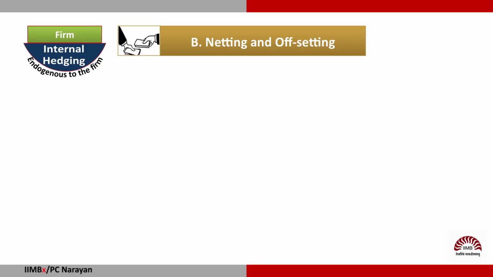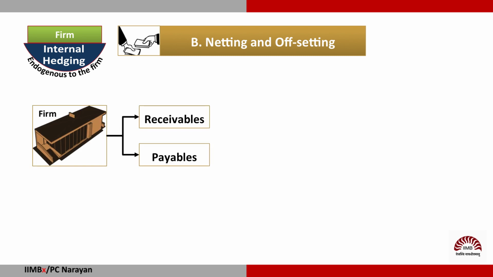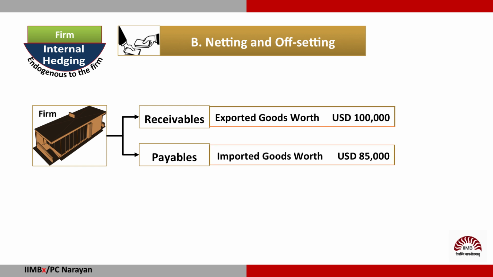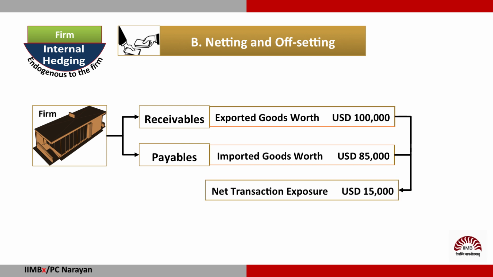Another feasible internal hedging technique is netting and offsetting, whereby receivables and payables in a currency are matched by the firm. Hence, foreign exchange realized would be the net amount, and therefore the transaction exposure and the risk thereof would also be on the net amount. For example, if a firm has exported goods worth US dollars 100,000 and is also importing goods worth US dollars 85,000, the net transaction exposure is only US dollars 15,000, not